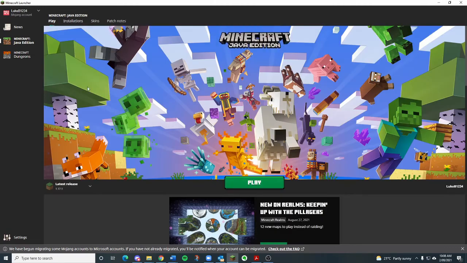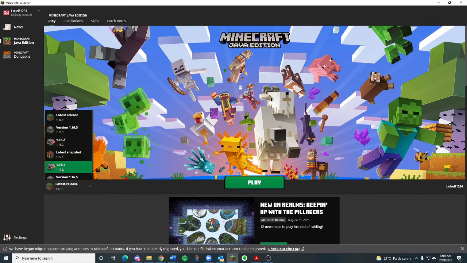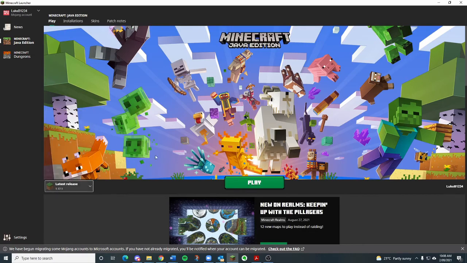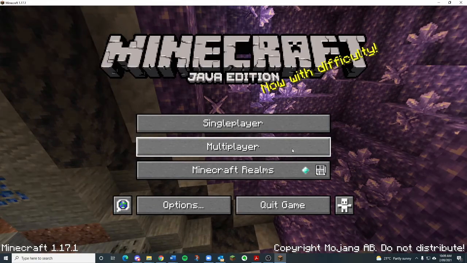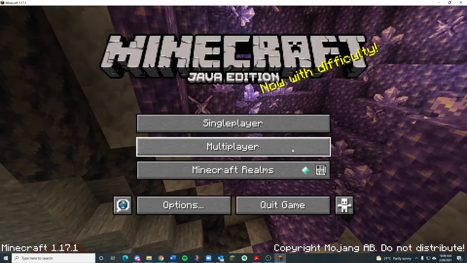I can also go back, click play up the top, go back to the main window, and select from here, but today I'm just going to continue on with the latest release. Press play and then load Minecraft. Minecraft has now finished loading. It may take a couple of seconds, especially if your computer is a little bit older or slower, and I'm